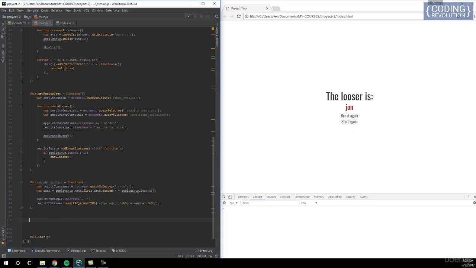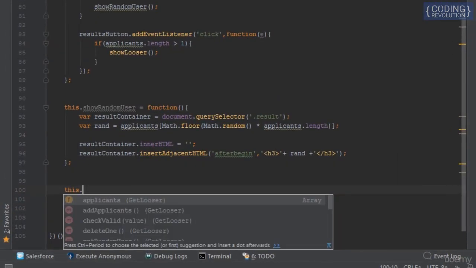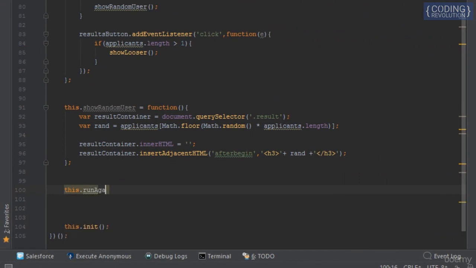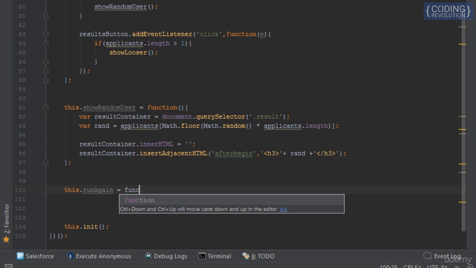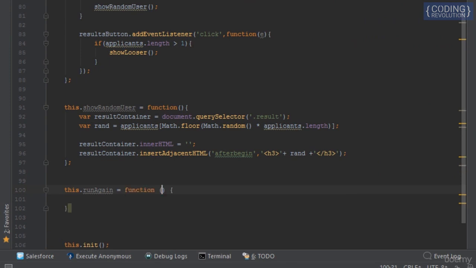So we want to, again, create a new function. It's going to be run again. And inside run again, we do the same thing as before, function, and that's it. Okay, we're good. So now we want to add an event listener to listen for this click event. So we're going to grab that element. It's going to be start, oh no, run again